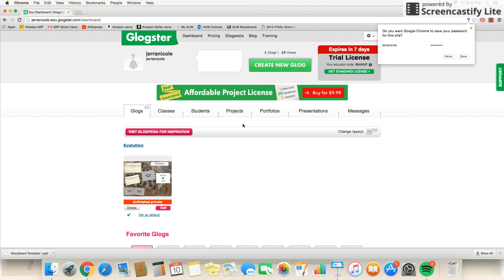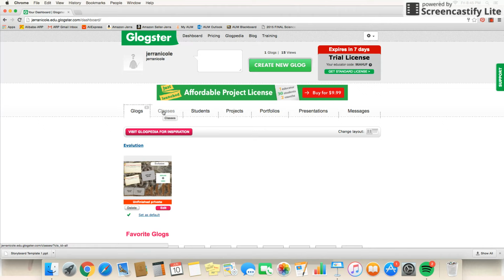So now that I'm logged in, your website will look very similar to this. I believe when you purchase Glogster, it will look a little different. So the tabs are very useful. You've got all the glogs that you'll create on this first tab, but you also have